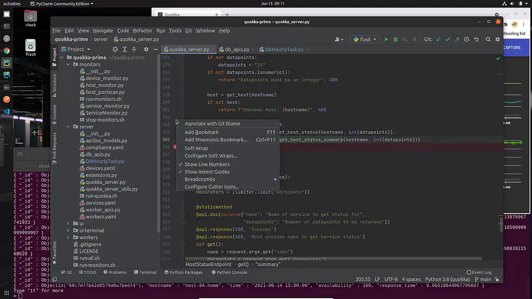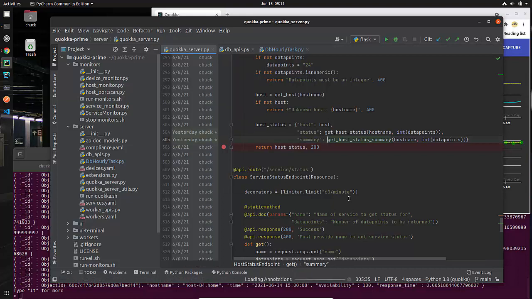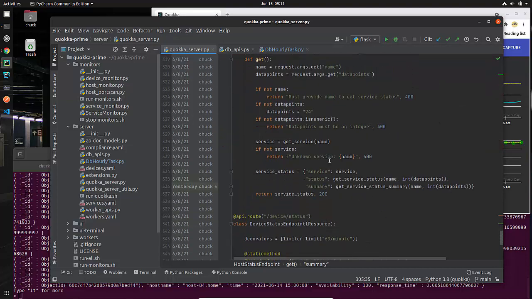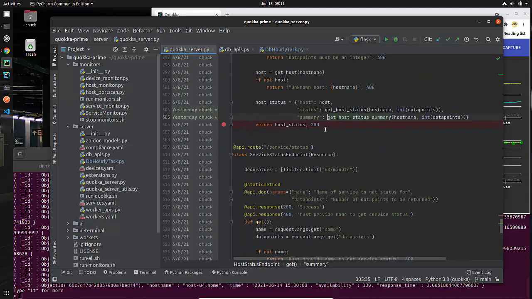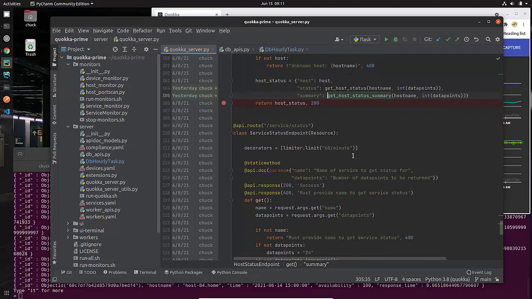In fact, here's a little cute thing. Remember, I've done these annotations in the gutter. If you look right here, you can see Chuck basically added some stuff here. In fact, it looks a little bit better here because I didn't mess around with this one. I messed around a little bit with this status one right there, but mainly I changed summary.